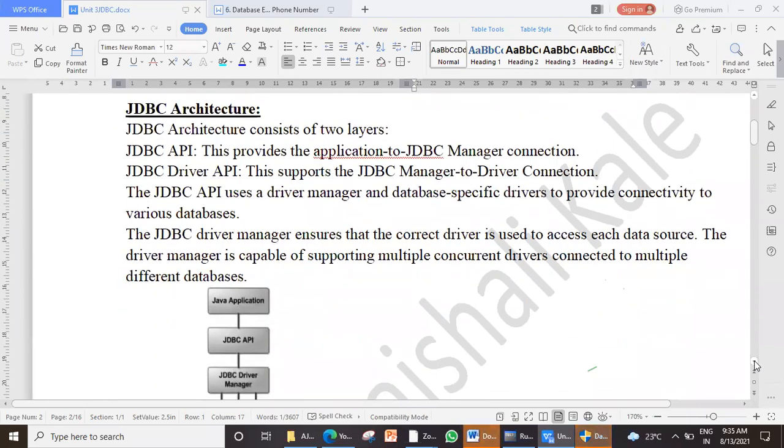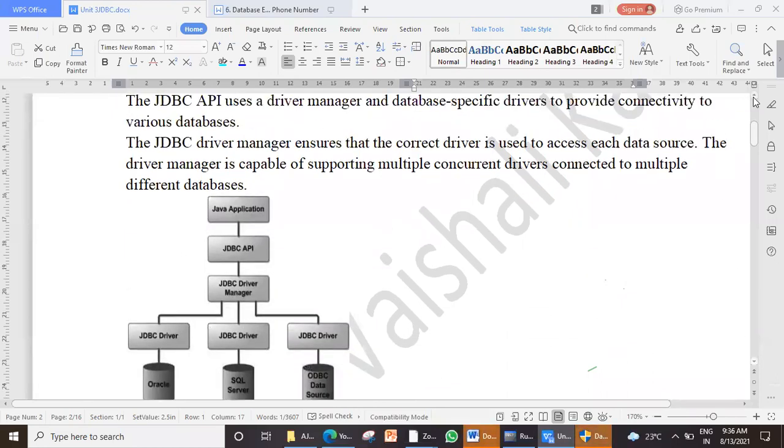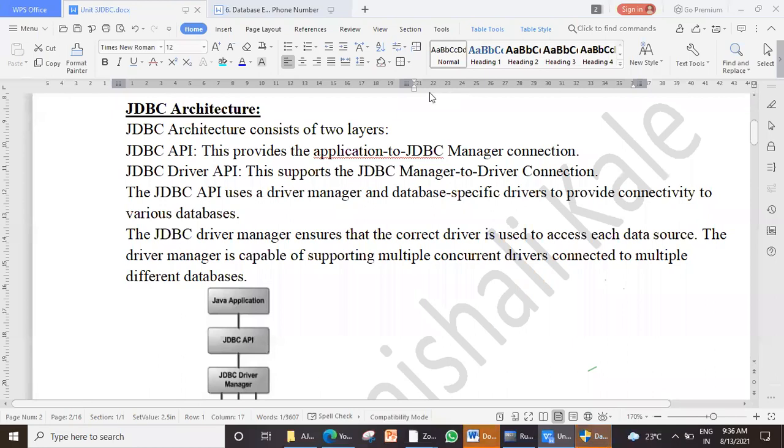Now, architecture. If it would be a descriptive question, this would be an important question for 5 marks. This architecture is logical, it's not physical. In your system, that diagram or that structure is not there, it is logical. Now let's see what this architecture is made up of.